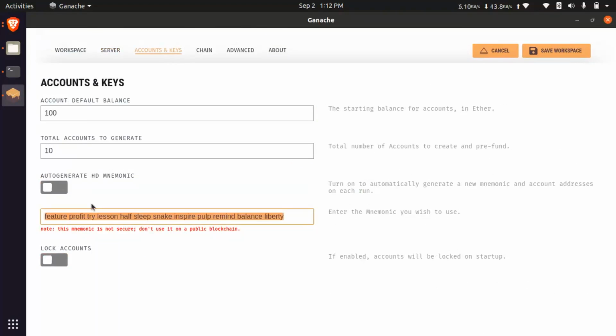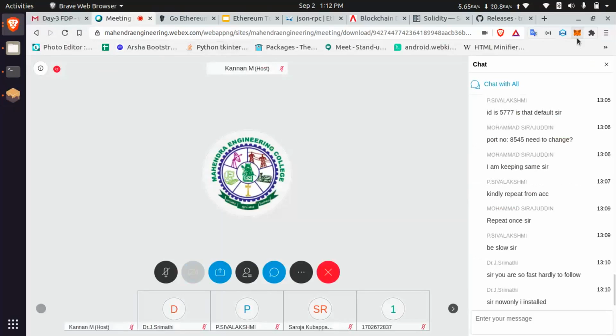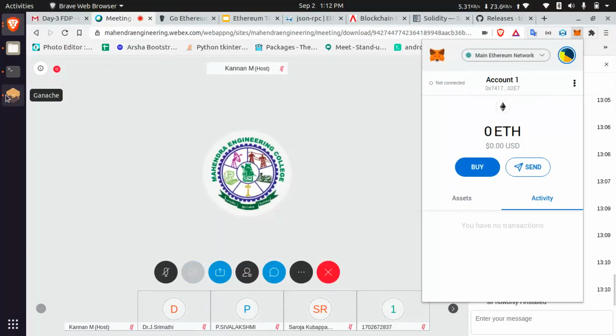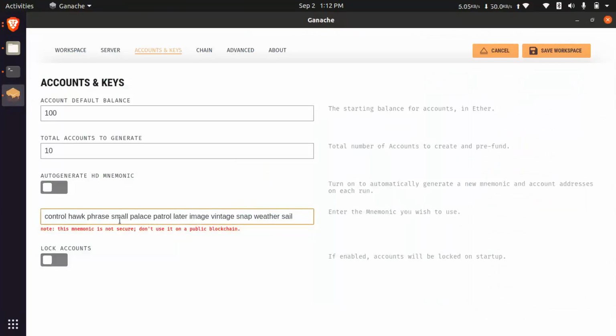And then I am entering. I am loading my seed phrase here because I need to load balances for my MetaMask accounts. These accounts I am loading in the testnet node, so the testnet will give a 100 balance to every account in that wallet.